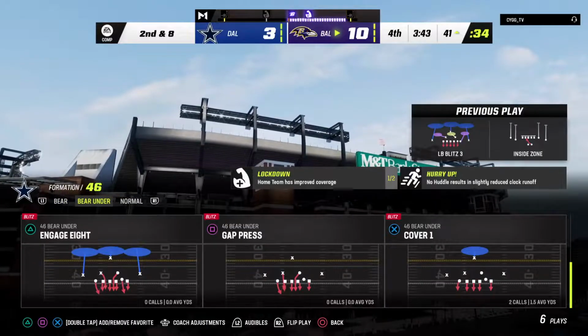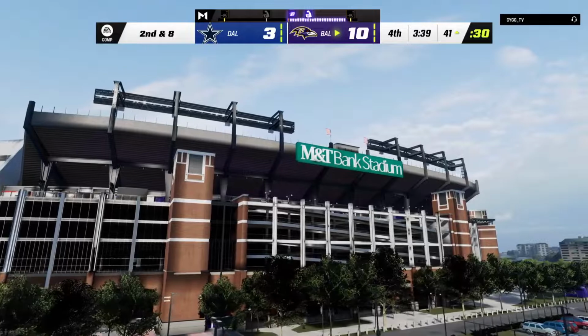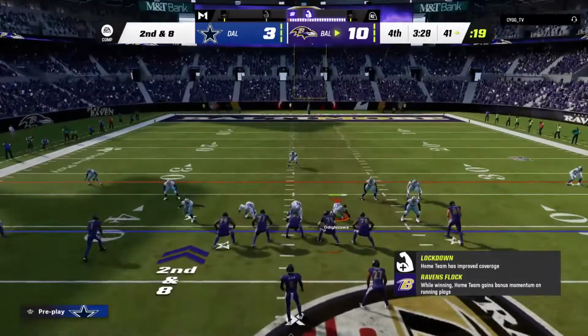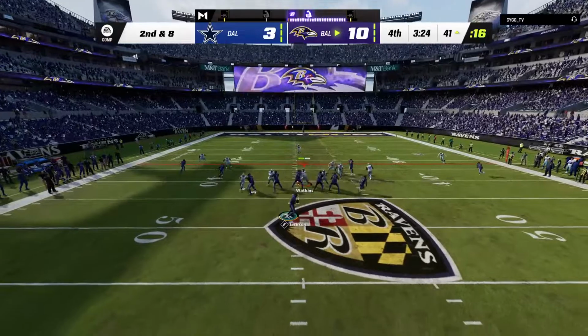Oftentimes we praise an offense for their variety of being able to hit people with the run and the pass, but in this game, how about what we're seeing from the safeties? They are all over the field. Doesn't matter if they threw it or if they're trying to run it. I don't think we've ever awarded an MVU, most valuable unit, but you're right, it might go to them in this game. I like that,